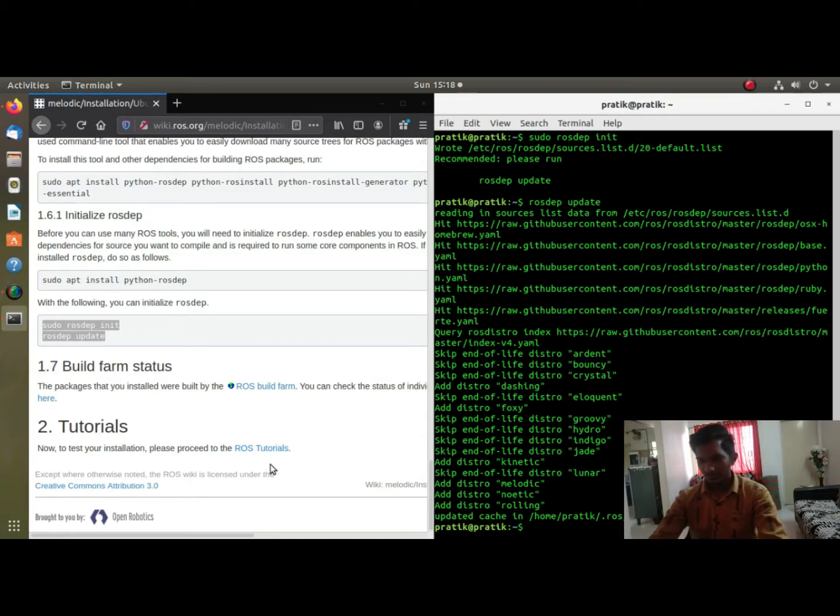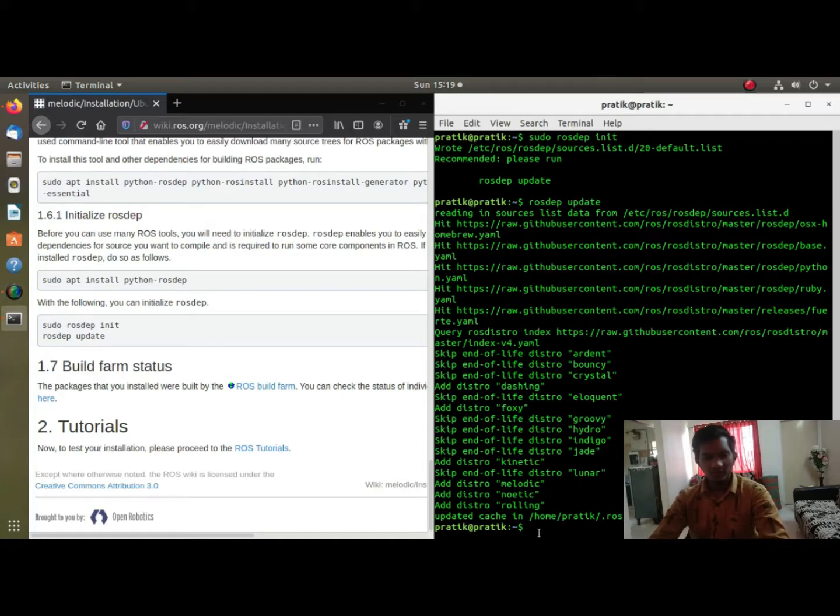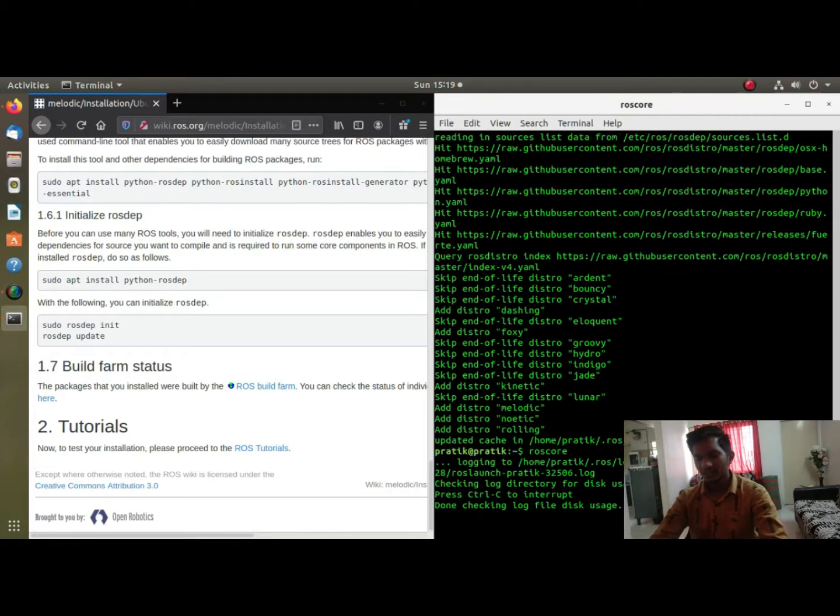It's very easy, and many of you, while installing ROS, are going to face the unmet dependencies problem, which is very common, and you can find any number of solutions to that problem. If you are not able to find a solution, just comment down below in the comment section. I'll definitely answer the question, because I have faced the same problem many times, and I found the solution very easily.